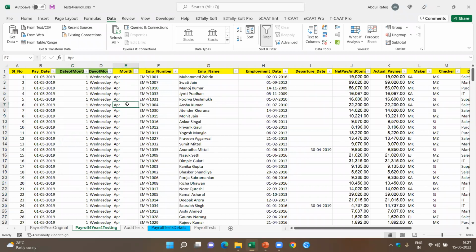The first thing I'd like to do here is summarize the salary as per the employee number or the employee name, and let's say as per the department, to check what is the salary paid month wise. So let's do this one by one. There are multiple ways of doing this. Let's do this based on the month. So in Excel, I can probably use the pivot table. Here, what I'll do is,